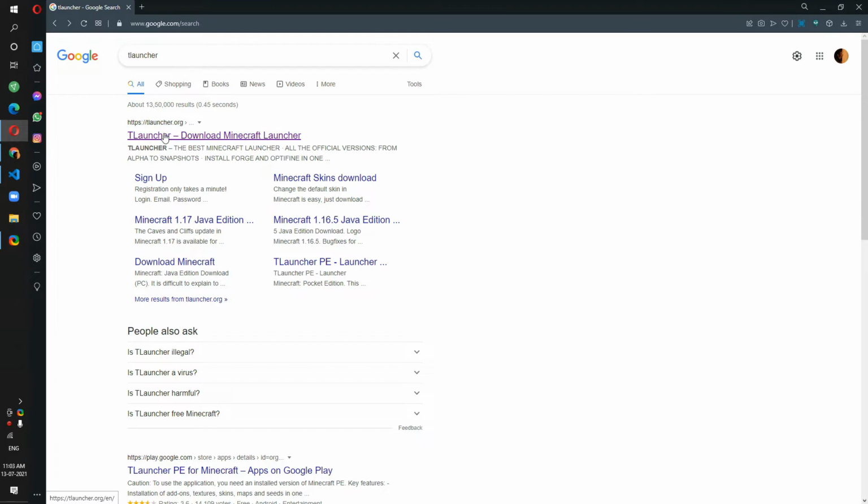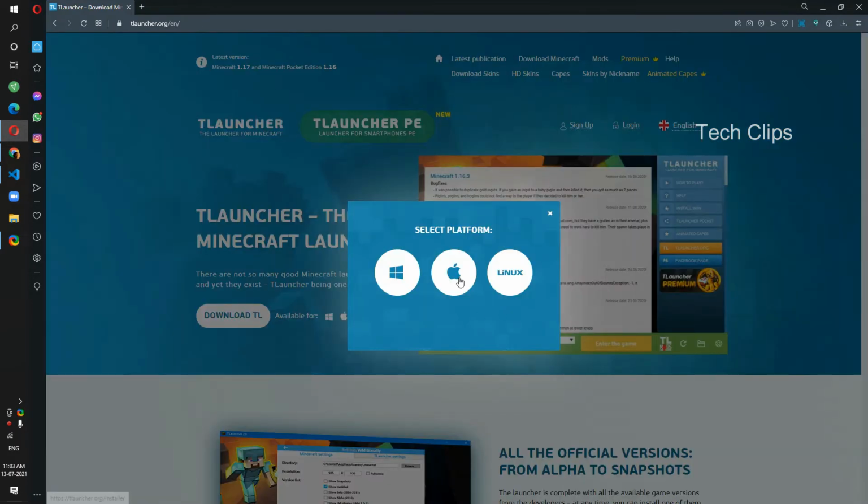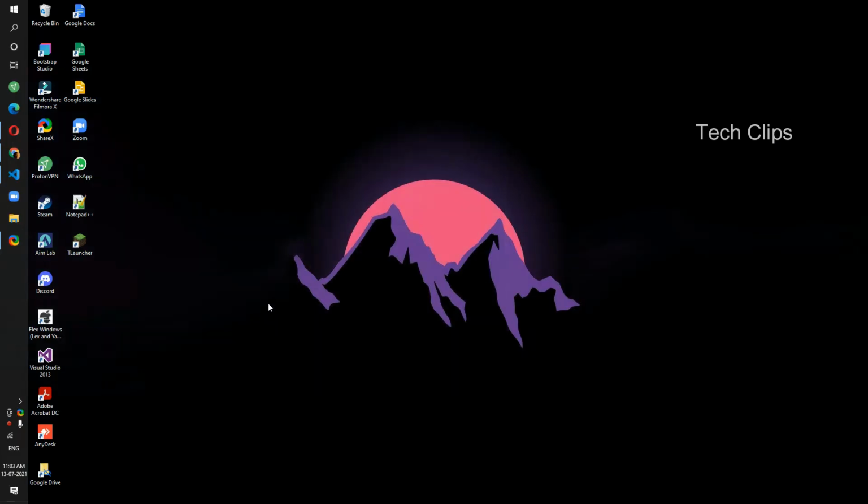The first link you will get here is tlauncher.org. Click that, create your account here, and hit download. You can select which version you want. Once it's downloaded, just install it like how you use other normal apps. Then you get one icon like this. Double click on that,